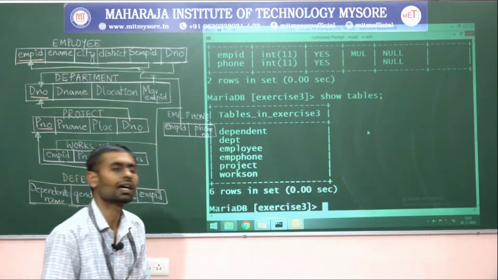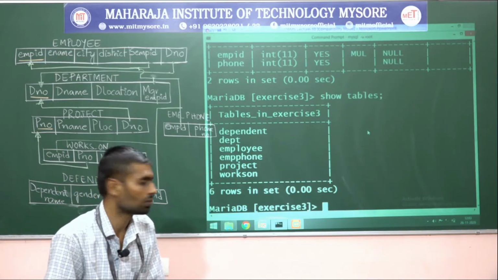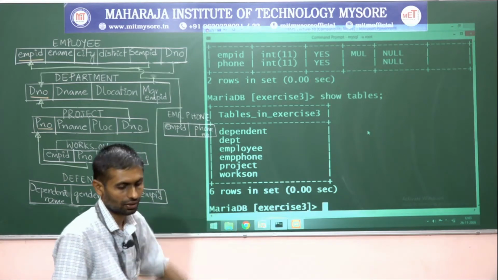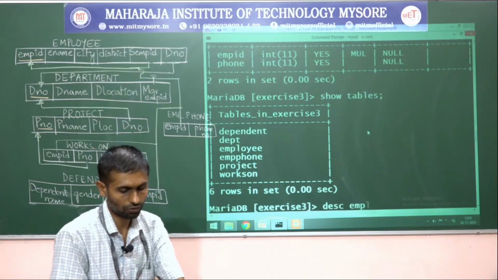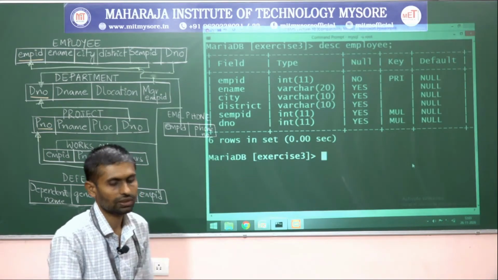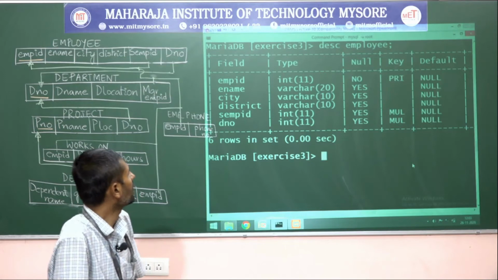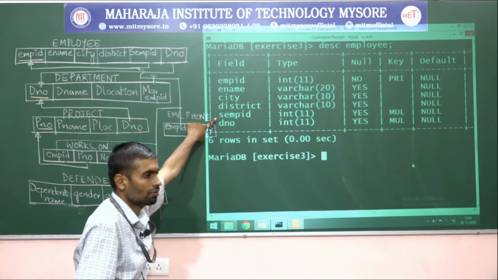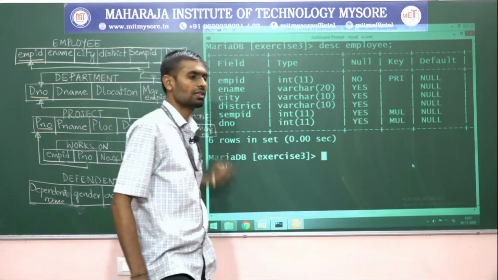To which table will we add a value? Insert a tuple row first. We'll start from employee. Yes, describe employee. What are all the attributes we are having? Yes, we are having all these attributes, totally 6 attributes. When I go with adding, look at this one, guys. We are having an EMPID, then what value will we give for this supervisor employee ID?